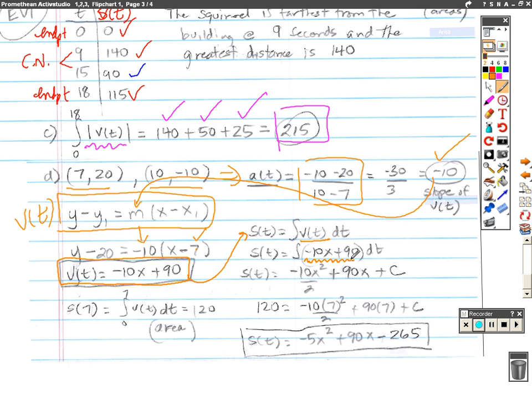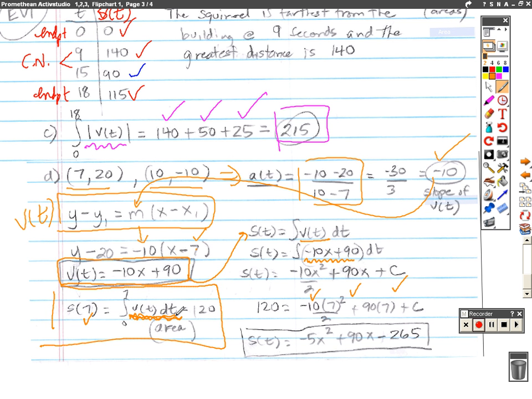I'm going to find the antiderivative, so I'm going to use the reverse power rule, negative 10x squared over 2 plus 90x. Don't forget about plus c. Now, the question is, how in the world am I going to find the value of c? Well, look down here. I need an x value and a y value. I'm going to use the x value of 7, and then I need the corresponding y value, and the way that I find that corresponding y value is I go back up to the top and I find the area